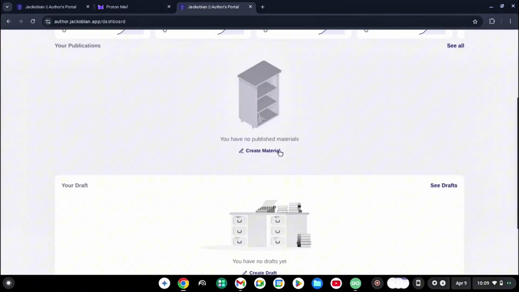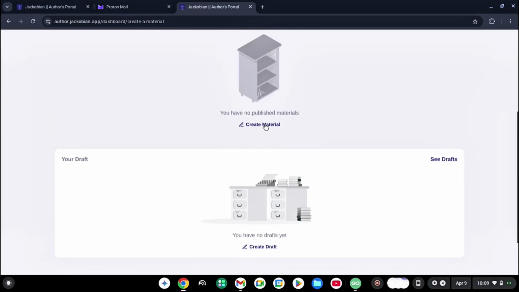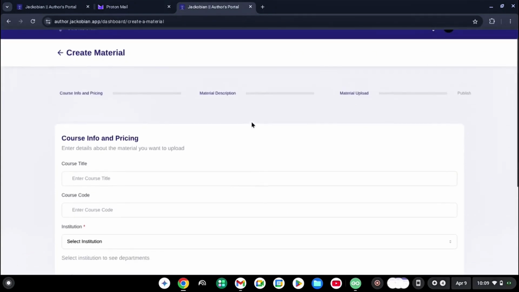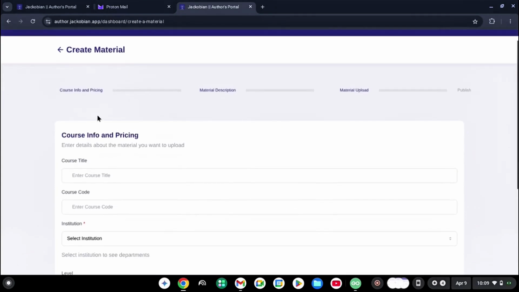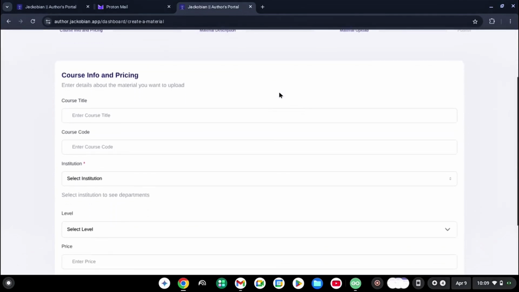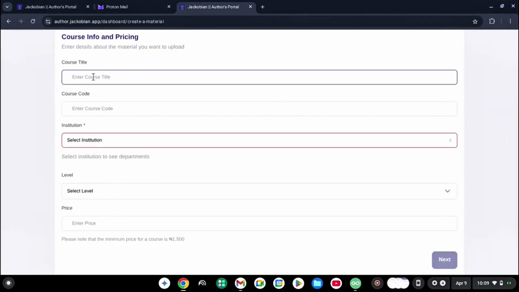So click on the create material button, and then you see that there are 4 steps: cost info and pricing, material description, material uploads, and then finally publishing. So the first field is course title. So for the purpose of this demonstration, we're going to name our course Jackobian 101, and then the course code